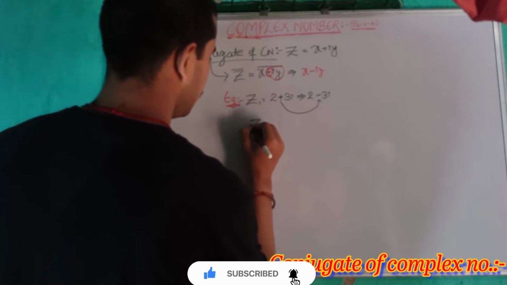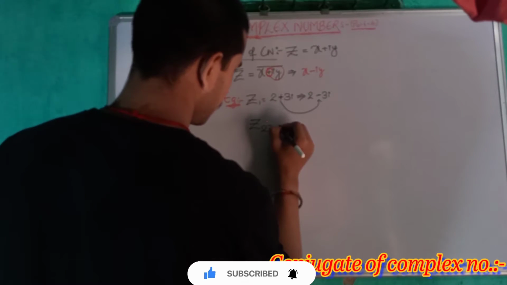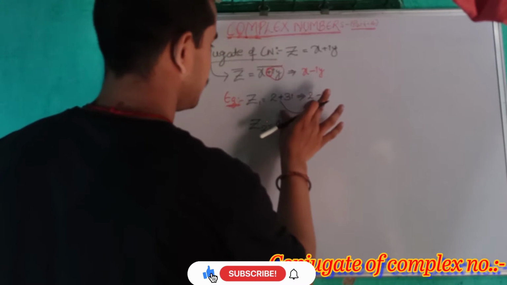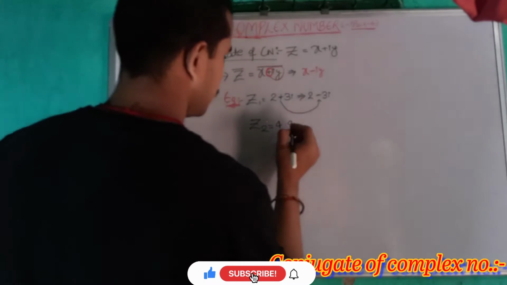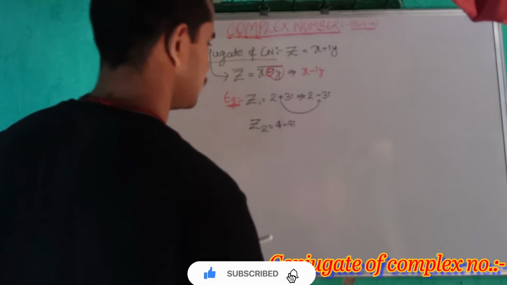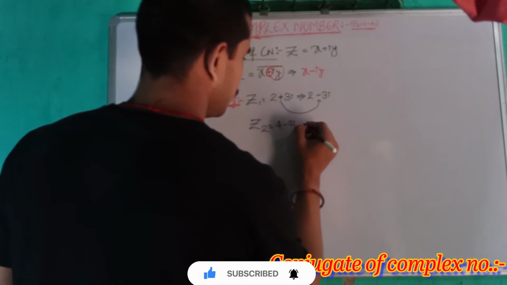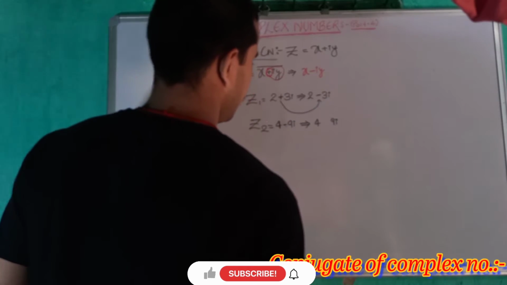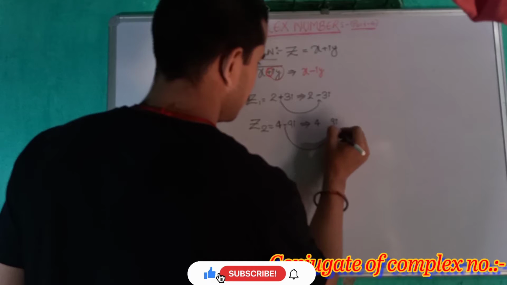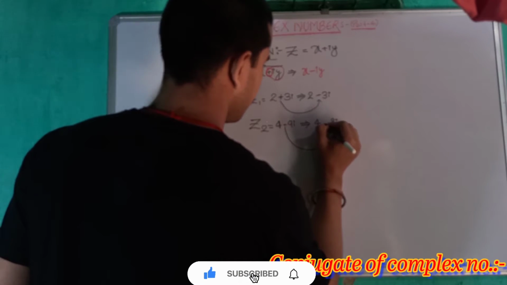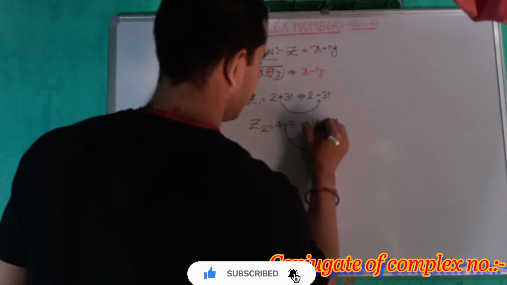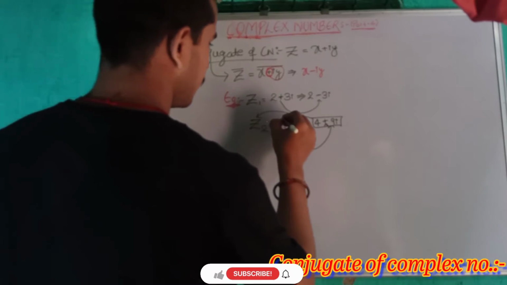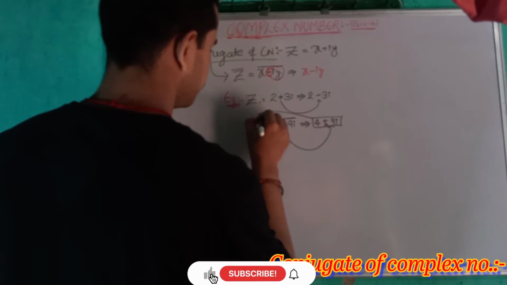Now taking the second example, z2 is equal to 4 plus 9i. Taking a negative here, because taking positive every time will not be equivalent. Taking negative in the second example, that will be 4 minus 9i. So if you try to find its conjugate, it will be 4, 9i, and this symbol will be interchanged; it becomes positive here. So 4 plus 9i will be the conjugate of z2, and it will be written with a bar above it.